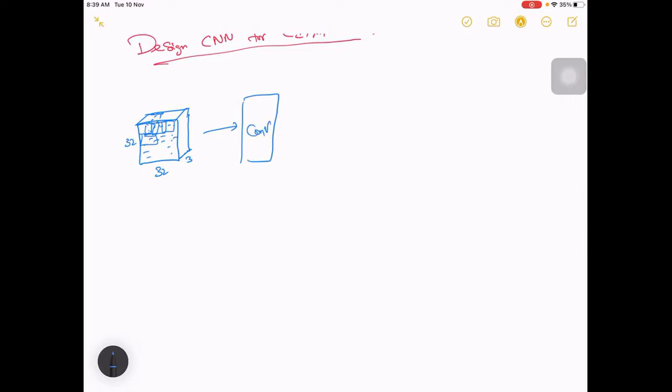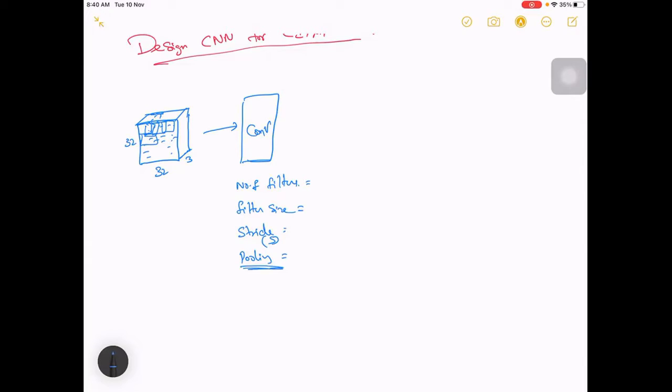The things needed are something like this: number of filters, meaning how many of these kinds of filters are required, and the next part is filter size. Apart from these two, there is stride, S, and pool, what type of pooling you want. You can do it separately or add it with this.